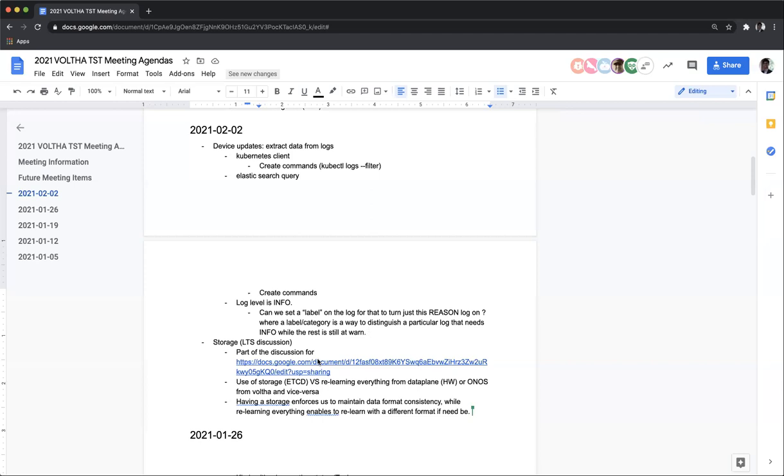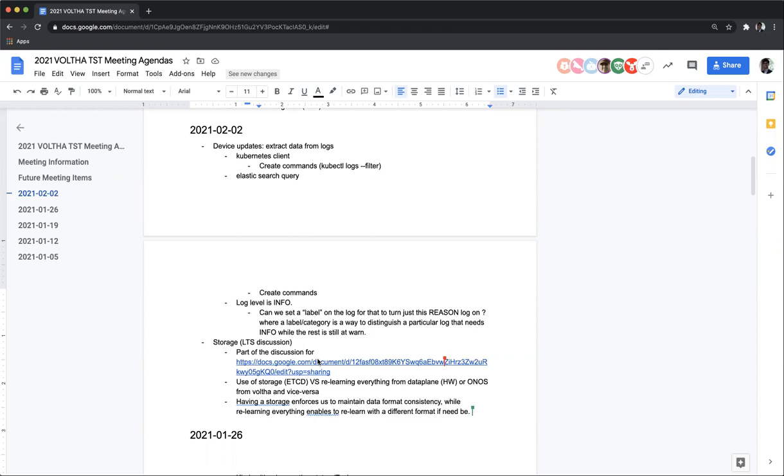This also ties back to some of the limits that we have seen with etcd in terms of scalability, in terms of weight of the whole system. Is it the right choice if we want to go down that storage path? So I put it in more as a discussion topic, but what I would like is that in either this meeting or the next meeting, we reach a conclusion on what we want to do with the storage,